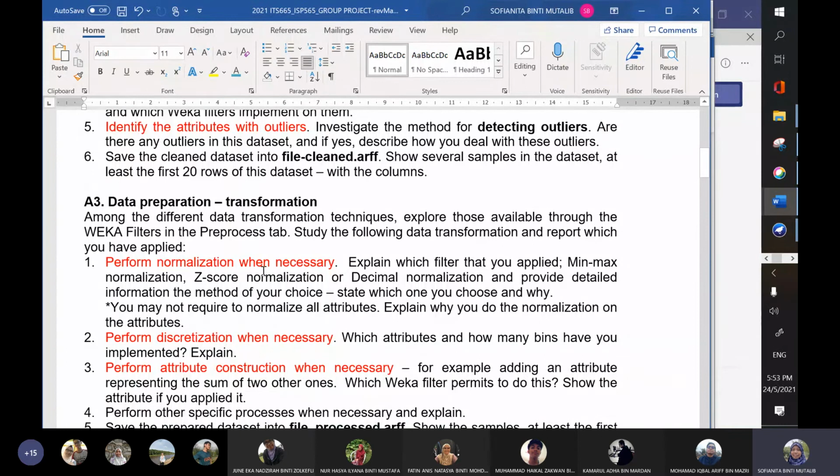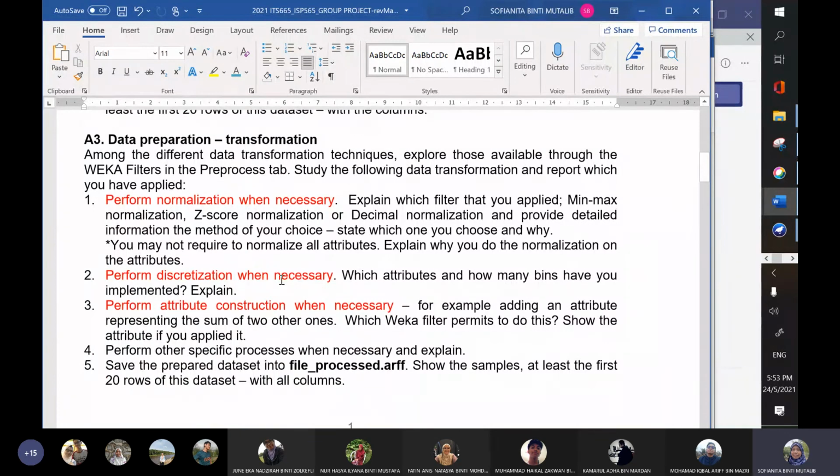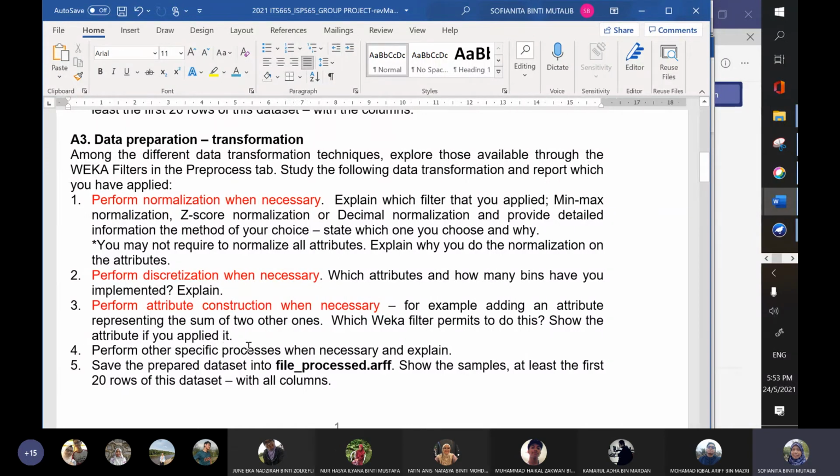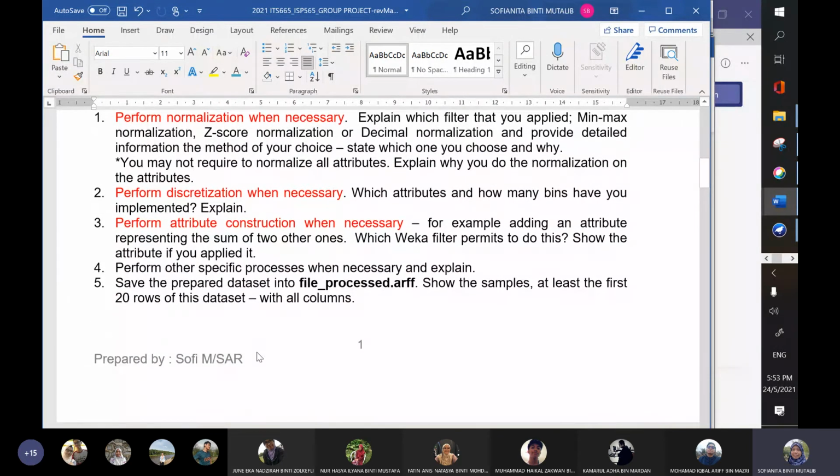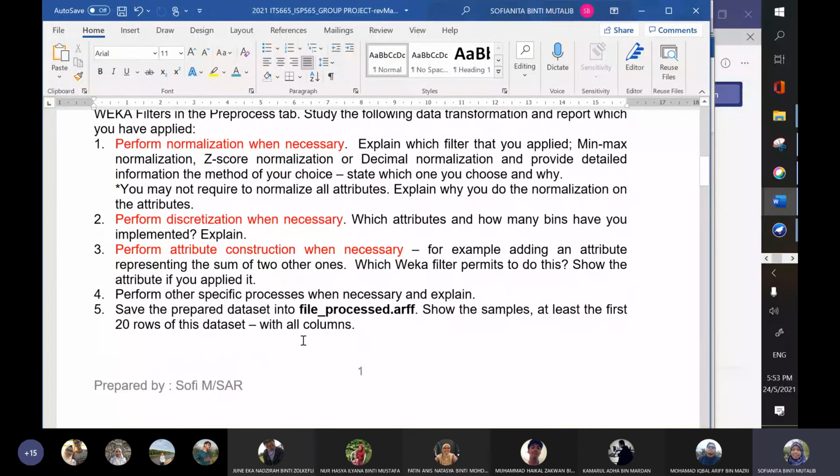Sometimes you need to perform normalization, and if there is too large a variance, probably discretization or attribute construction will be needed, or other specific processes. This will be considered as the new clean data.